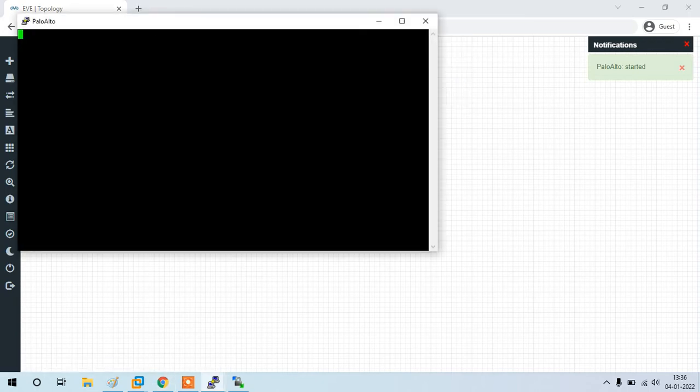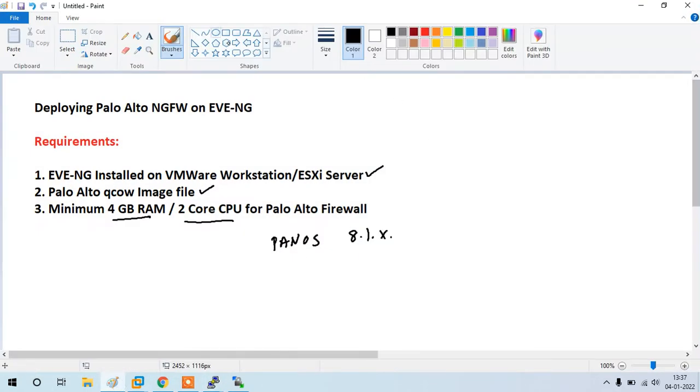You can see the Palo Alto getting booted, right? While it is booting, I want to share some good information with you. Palo Alto comes in two flavors, VM and hardware. Hardware Palo Alto boxes come with the IP address 192.168.1.1, but VM boxes don't have an IP address.